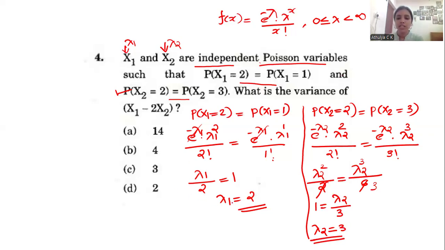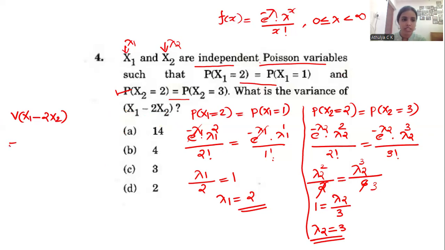So we got the values of lambda 1 and lambda 2. Then we need to find the variance of X1 minus 2X2. We know that the variance of X1 minus 2X2